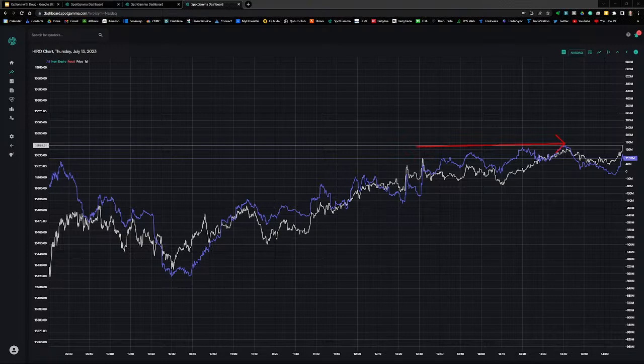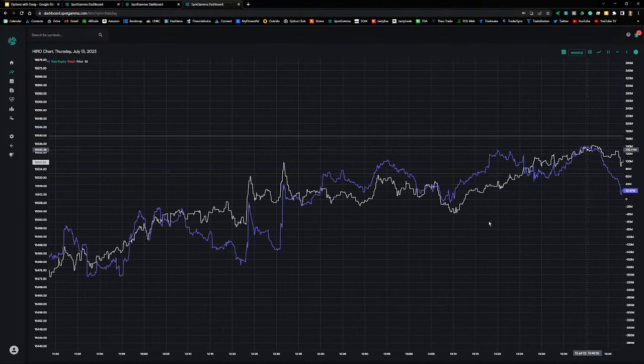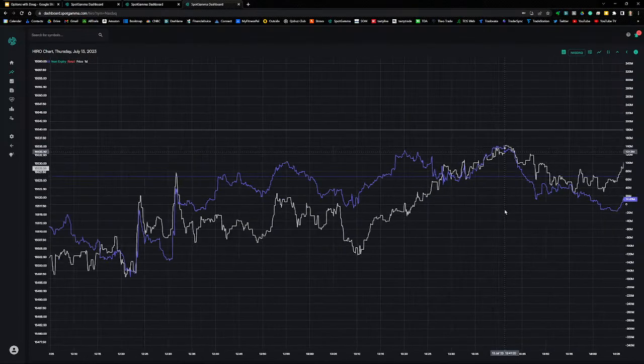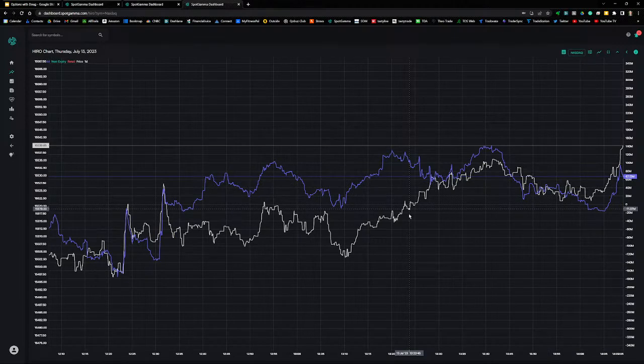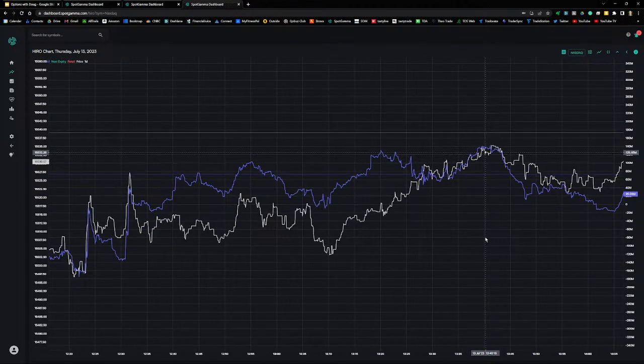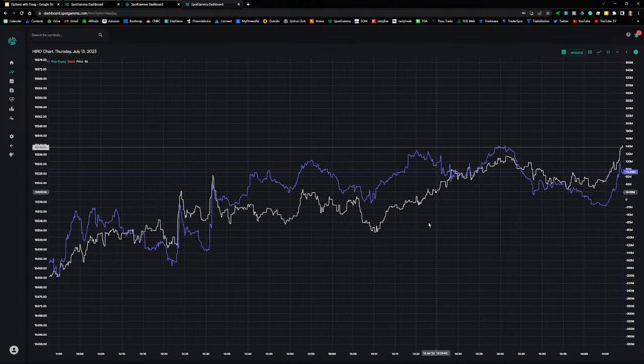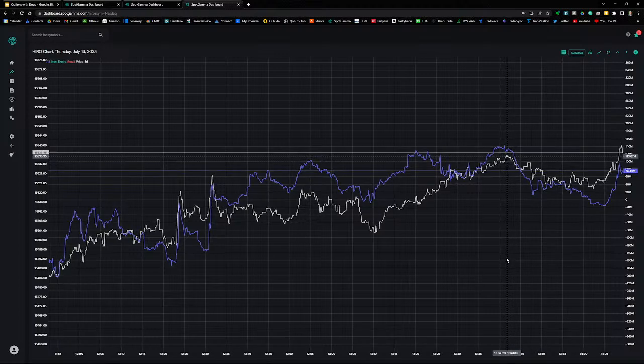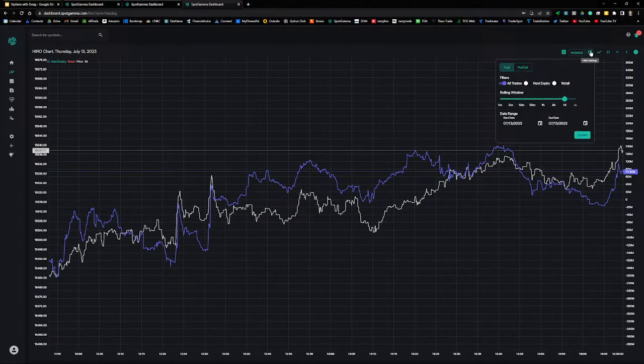So let's change this. Now what Brent Kachuba, the founder of Spotgamma, has talked about is he just scrolls in. I think he used to change the time frame, but now he just scrolls in like this. I'm just rolling my mouse wheel to get a more clear view of current Hero signal and price action. And so you can see there's a pretty strong correlation between hedging flow and price action. And this is just scrolling in, but still keeping the 1 day time frame.